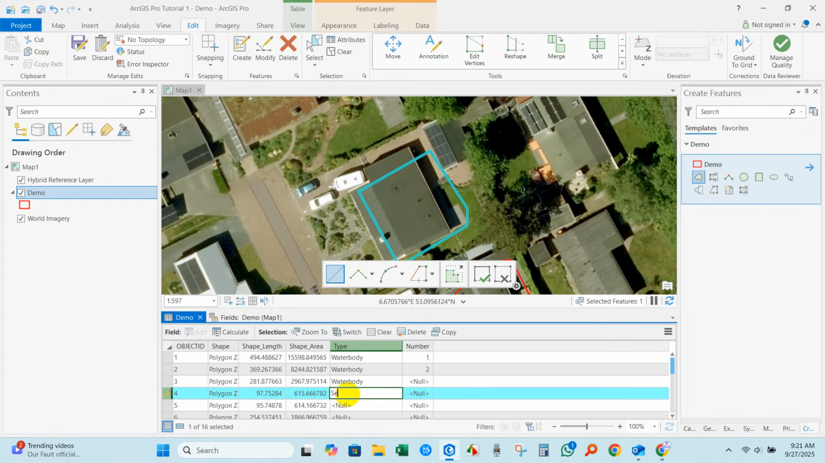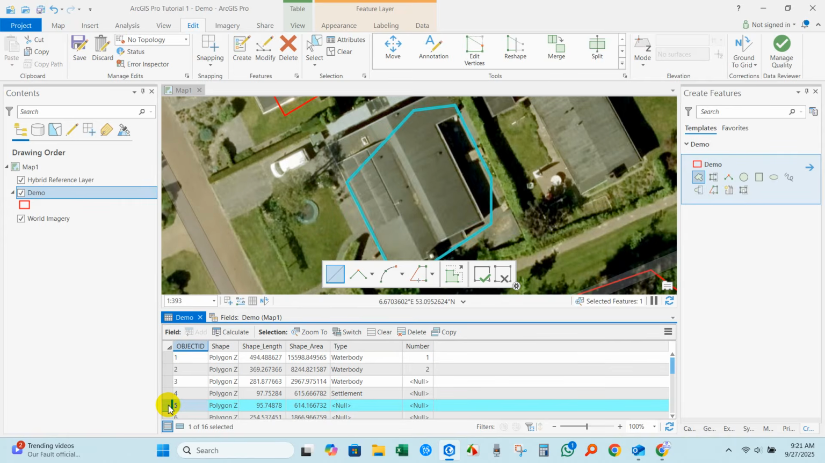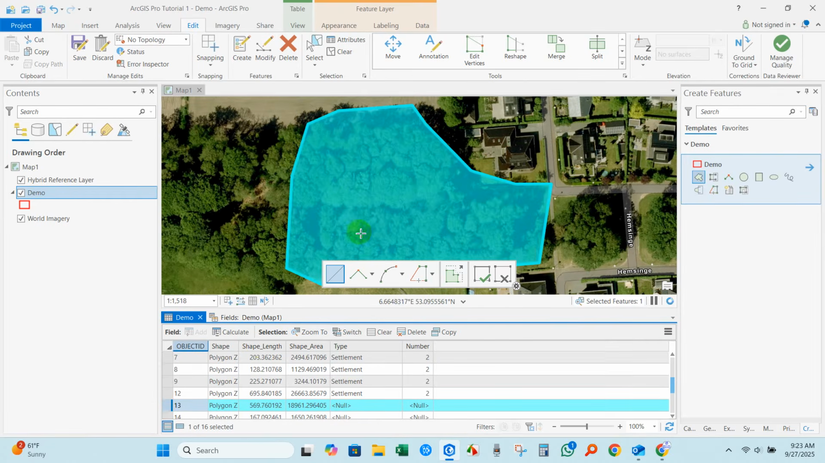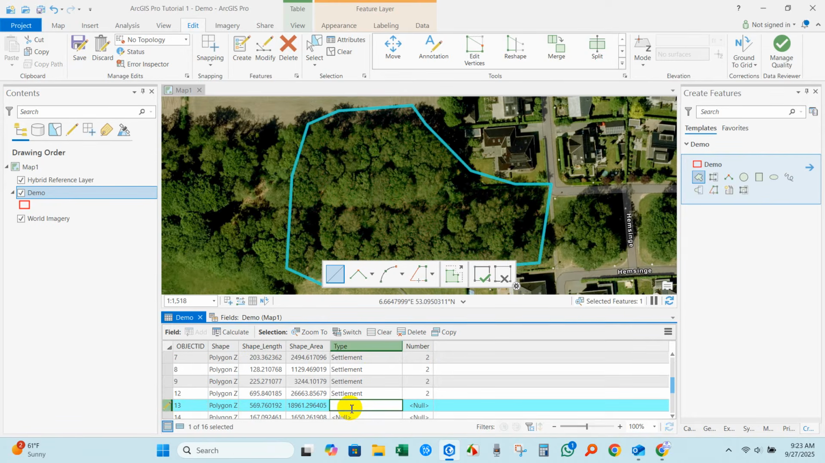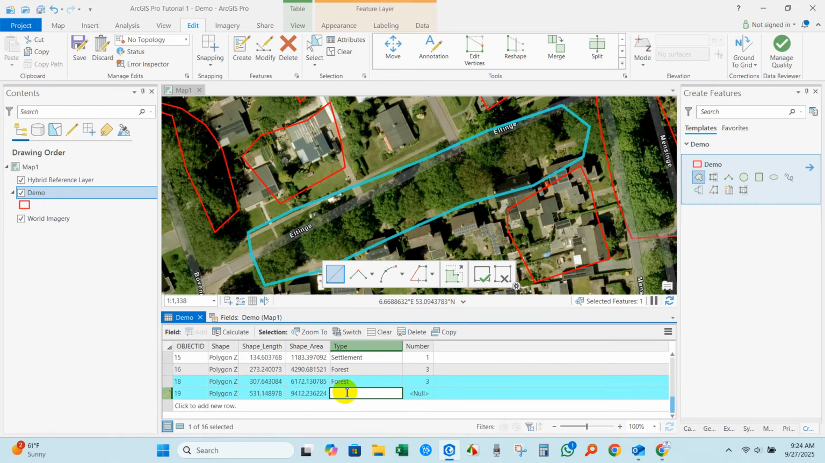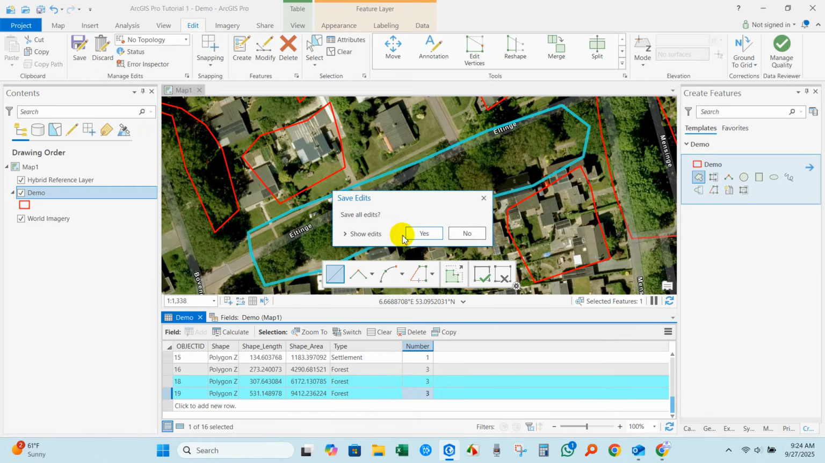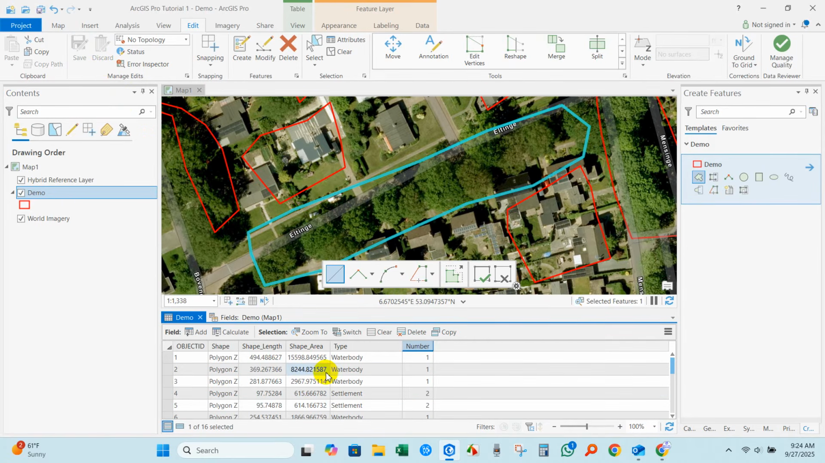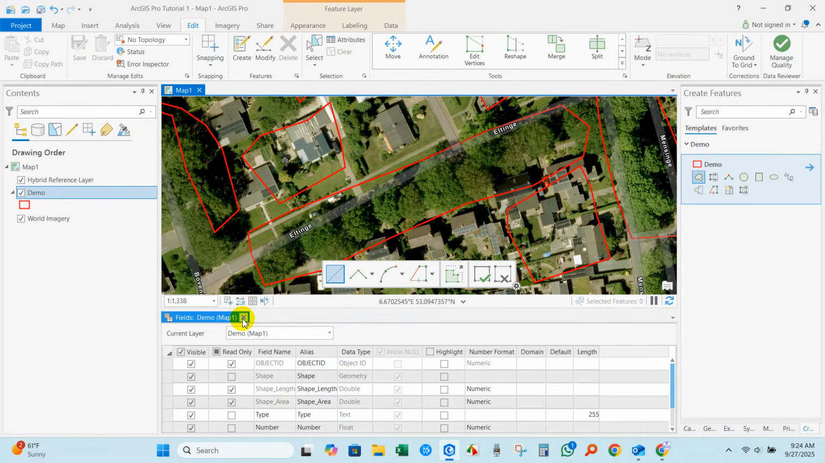And this is a settlement for example. Just click here and you will find your drawn polygon. It is forest, I think. Yes, this is the way to edit attribute table, and then save. Yes, you can see here. So close attribute table,